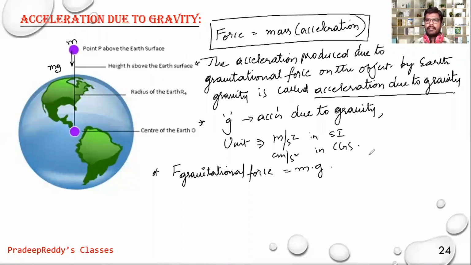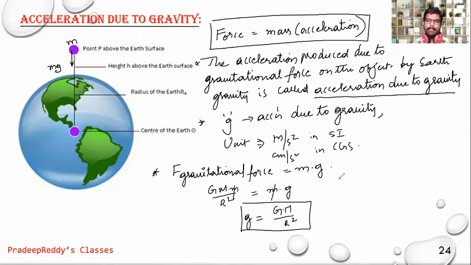Is it not? You can calculate that. F is equal to ma according to Newton's second law. But this acceleration is produced due to gravitational force. That's the reason why you can call it acceleration due to gravity. Now the gravitational force equation is capital G, capital M, small m divided by r square, which is equal to m into acceleration due to gravity. This m and m get cancelled. So g will be equal to capital G, capital M divided by r square.